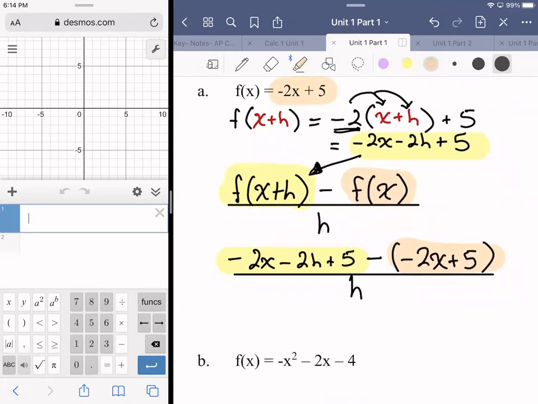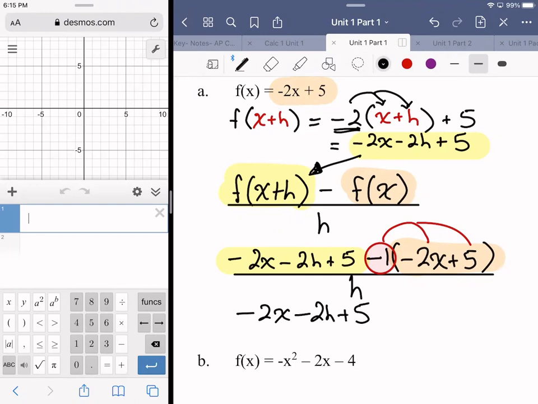But then it's just a matter of simplifying this. Easier said than done, but when you're dealing with a linear equation, that's what we're starting off with here, it should be comparatively easy. And it's going to be a lot easier than a quadratic or a cubic, which we'll get to in a couple of minutes. So I have a negative 1 here as a coefficient. I'm going to distribute that through. So I'm looking at negative 2x minus 2h plus 5 plus 2x minus 5